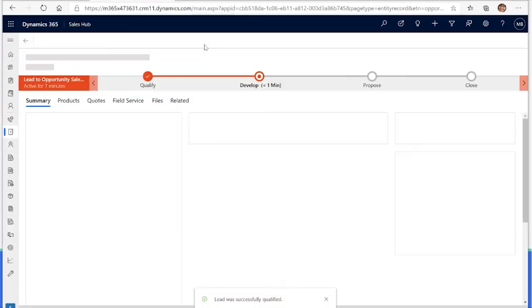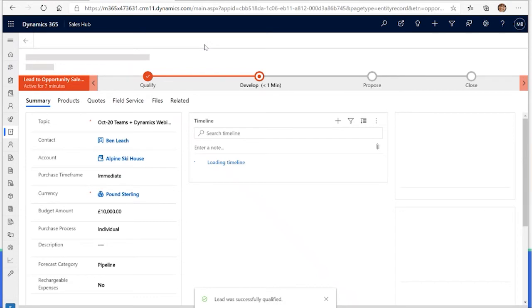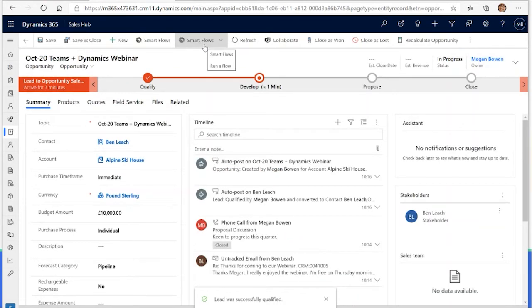Great, so that's going to join up Ben now across to our Alpine Ski House account, so we've not duplicated that through. And what we see here on that left-hand side is our topic. Now, I think we can change that topic name to be a little more responsive for what this particular opportunity is about. We know that it was obviously a webinar that he attended, but now we know what he wants to do. And what's important here is that all the information that we had discussed in the leads section has